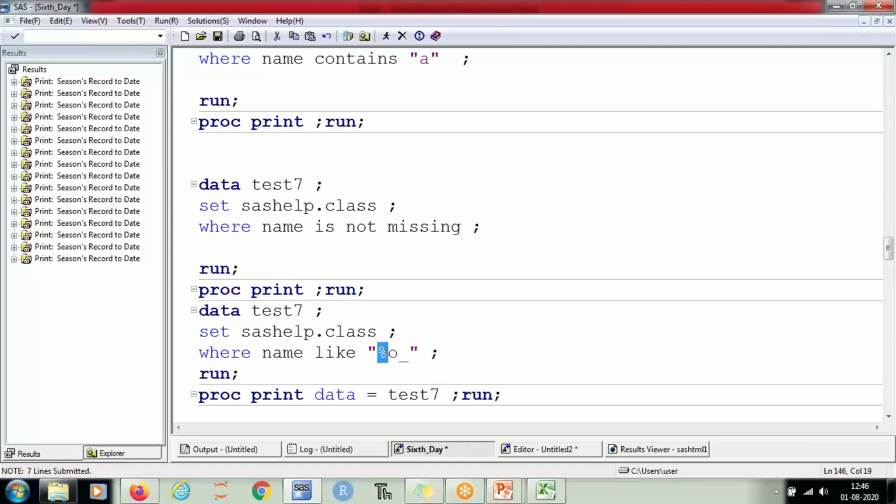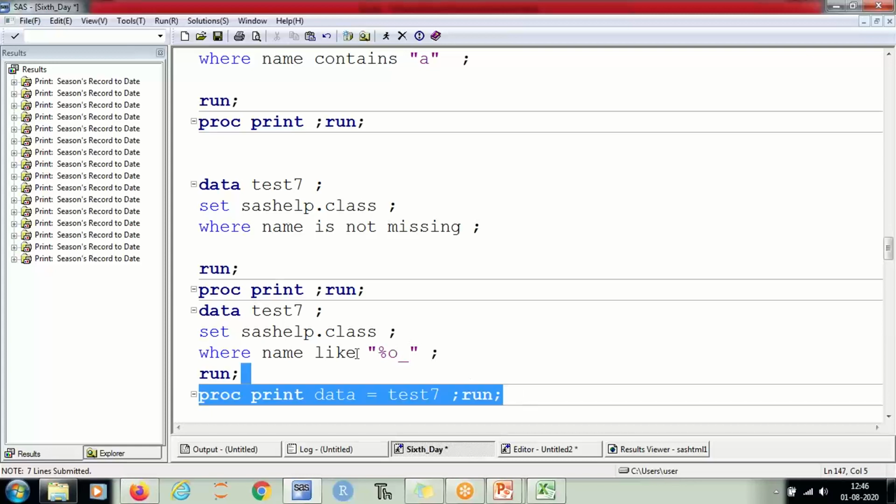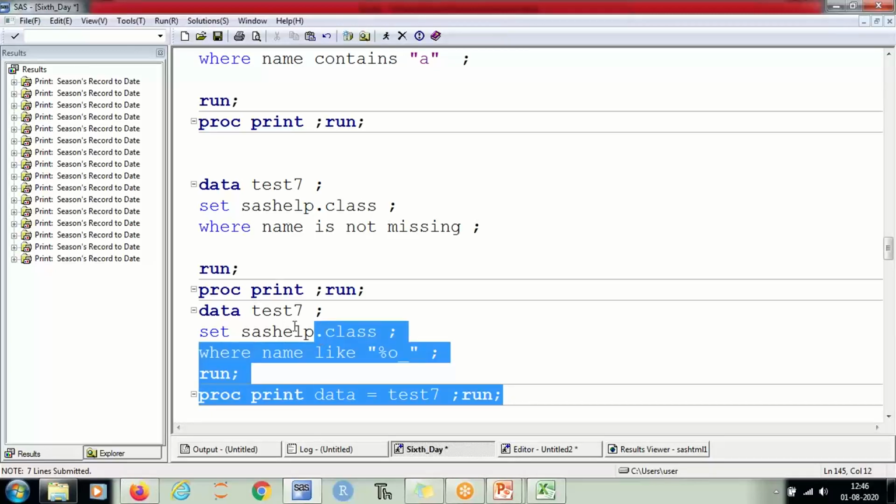So percent means anything before O, and this underscore is a placeholder, which means if you're writing it only once, it will check for only one place. If you're giving two underscores, then this means from the back it should be third. So let me run this and show you the output.